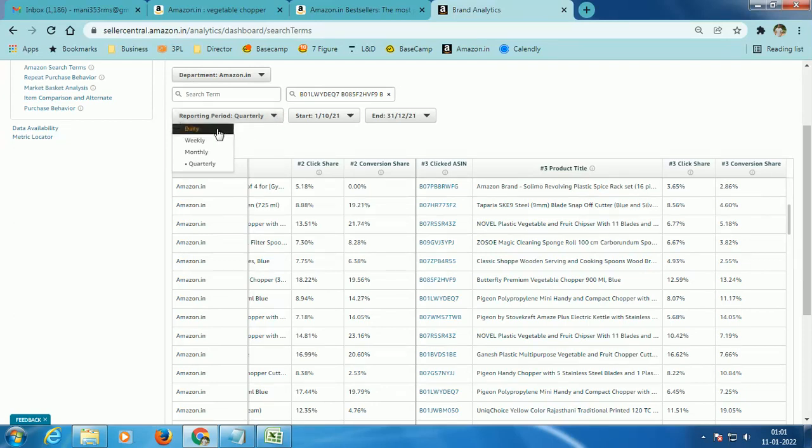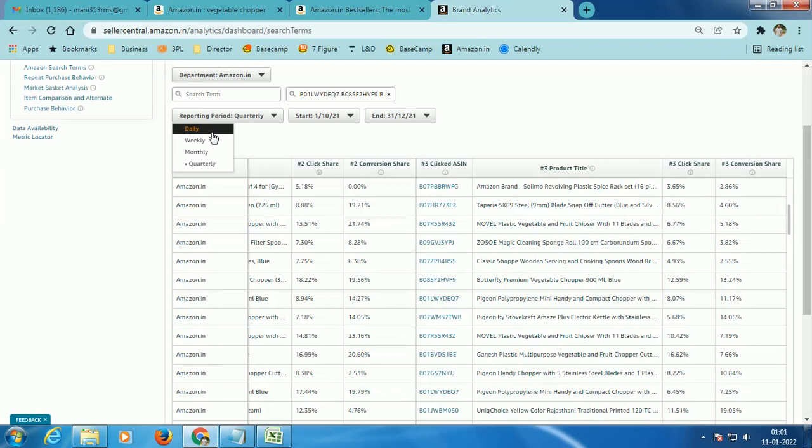Is it daily, weekly, monthly, or quarterly? When you choose daily, Amazon will look at the last 24 hours of data: how did your competitors do in terms of sales and conversion in the last 24 hours?